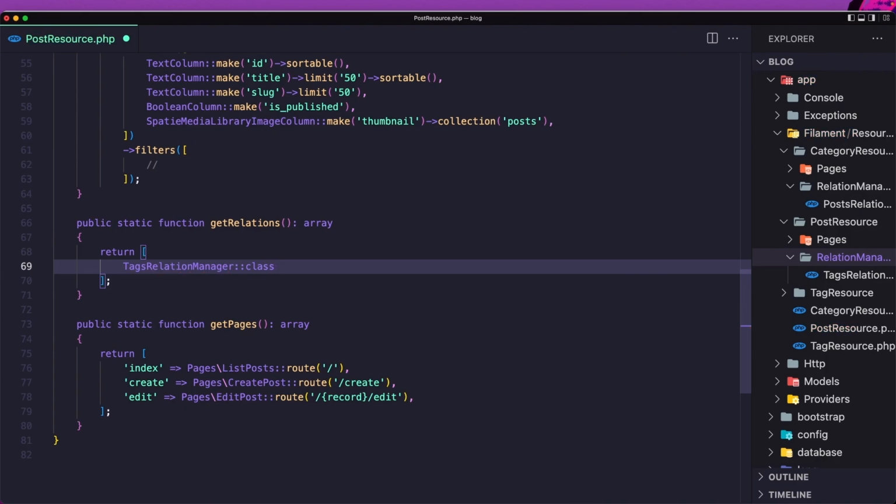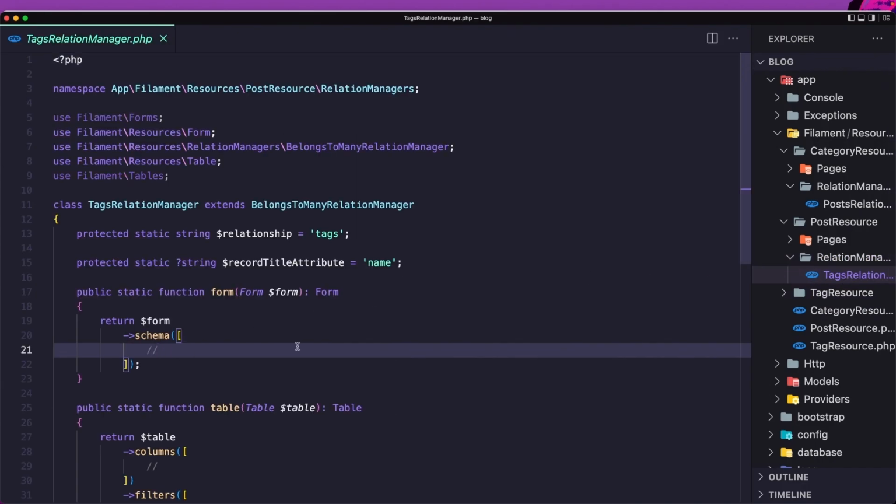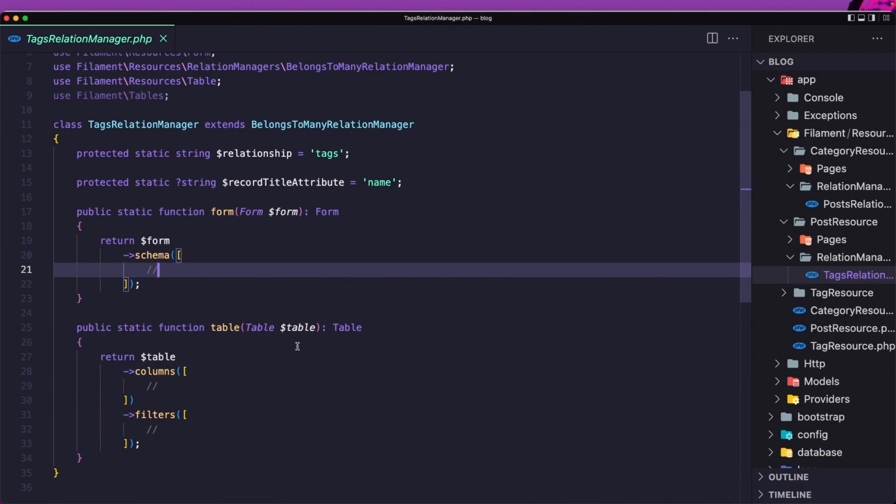Okay, save this and now close this one, open this tags relation manager, and for tag in the schema we need the name and the